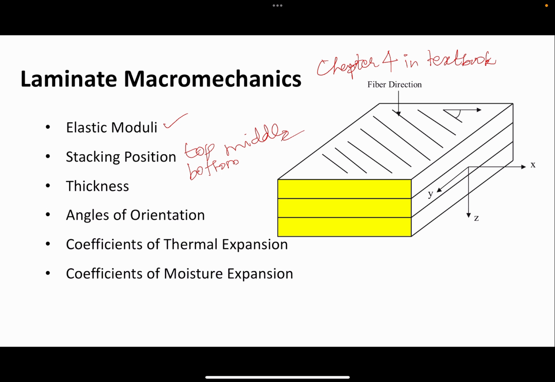And of course, the thickness of each layer also matters, and then the angles of orientation, theta, what are the angled plies you're using, and coefficients of thermal expansion and moisture expansion. Thermal expansion, if you remember, alpha 1, alpha 2 for each ply, and moisture expansion, beta 1 and beta 2 for each ply. Usually each ply is said to be about 0.005 inches thick, which I believe is about 0.125 millimeters. So that's the usual thickness, and the orientation or the coordinate system that we use for the cross section is